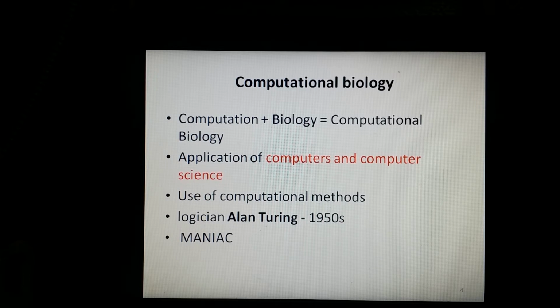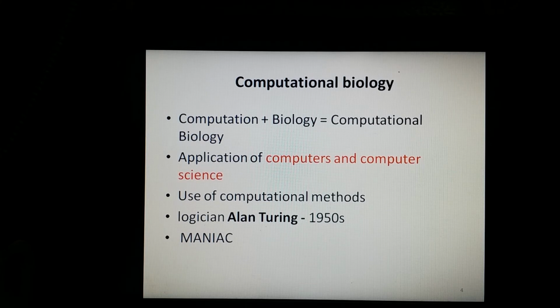The beginning of computational biology essentially dates to the origin of computer science. British mathematician and logician Alan Turing, often called the father of the computer, used early computers to implement a model of biological morphogenesis, which is basically the development of pattern and form in living organisms. Alan developed this in the early 1950s, and at about the same time a computer called MANIAC